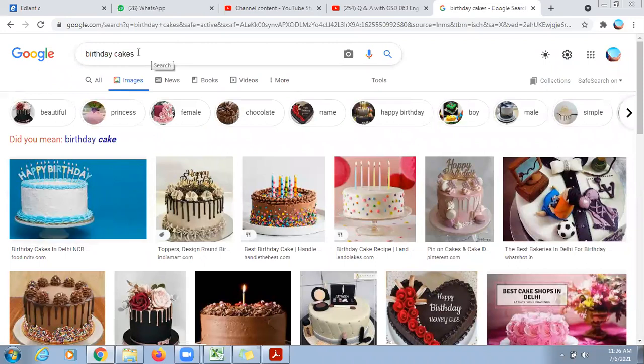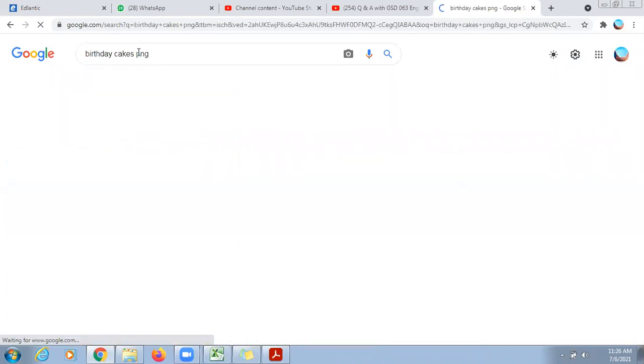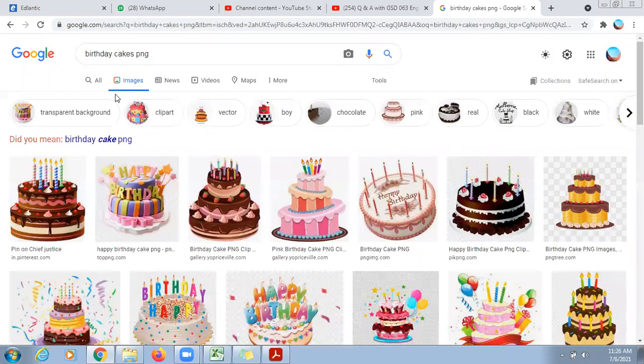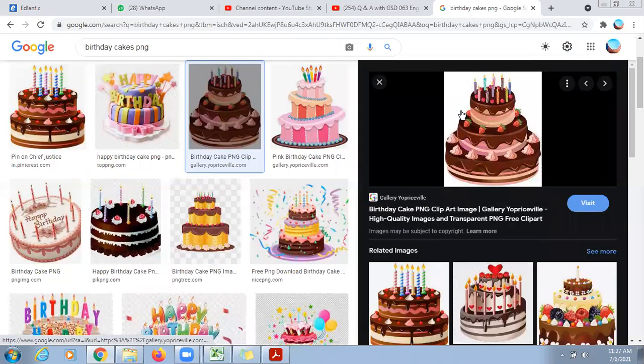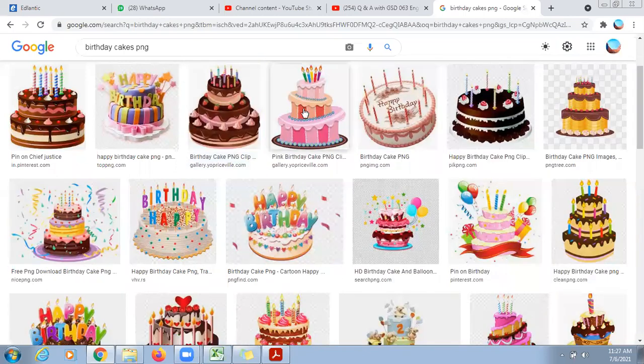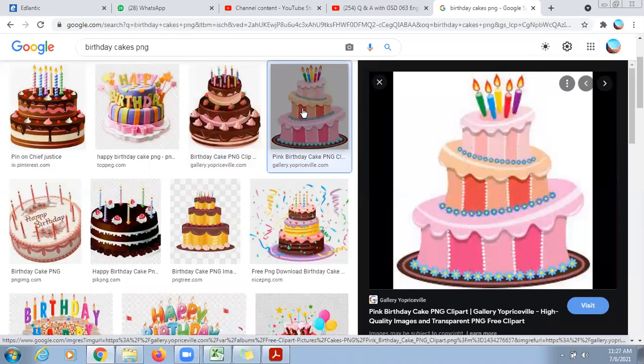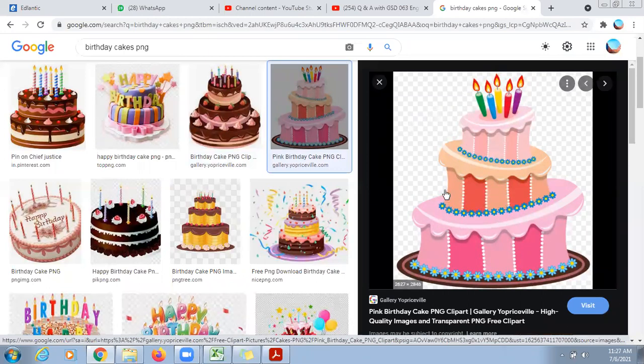And if I search for PNG images, PNG images are those images which do not have any background. So how can we recognize whether it is a PNG image or not? You just click on the image, and if checkboxes appear in the background after opening that image, then it's a PNG, otherwise it is not. Right now, in this image, we are not able to see any checkboxes, so it's not a PNG image. Let's check this one. Okay, after opening, the checkboxes are coming in the background of the image. It means it's a PNG image. It does not have any background.